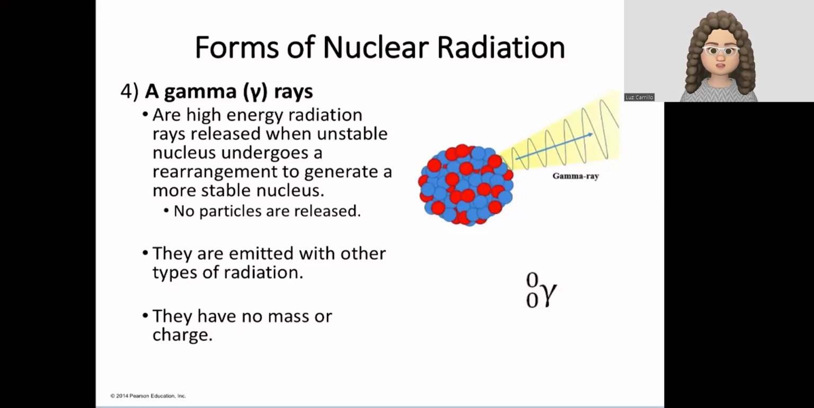Gamma rays also have no mass. And this is similar to beta particles and positrons. And different from them, it actually has no charge. So that's why gamma rays, specifically, we see